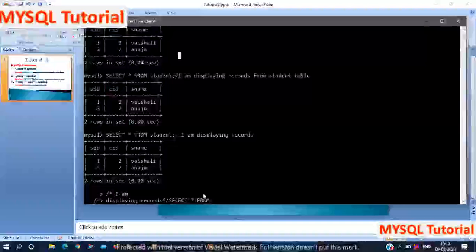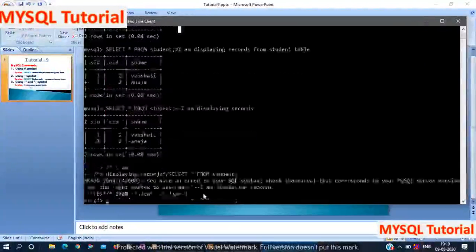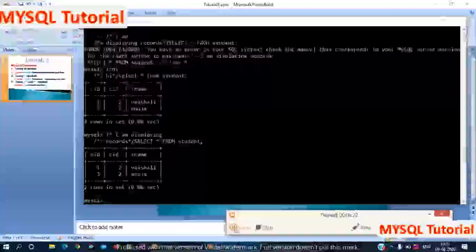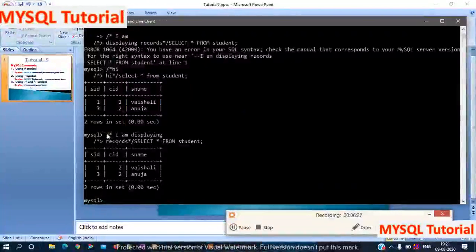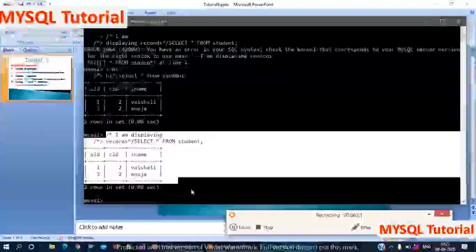Table name is student. Here you can see we have got the output by using the slash star and star slash comment.